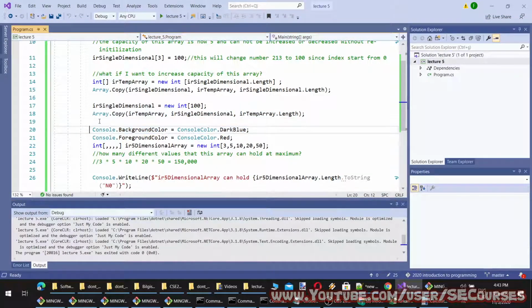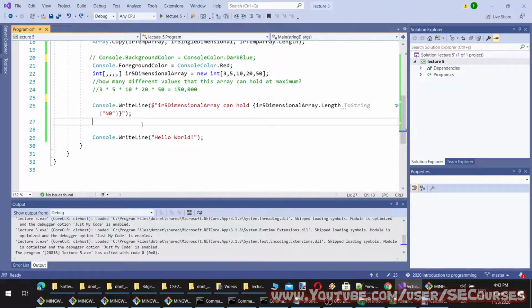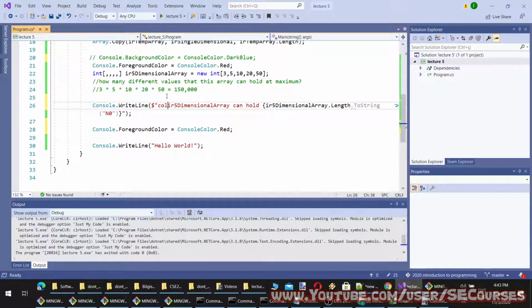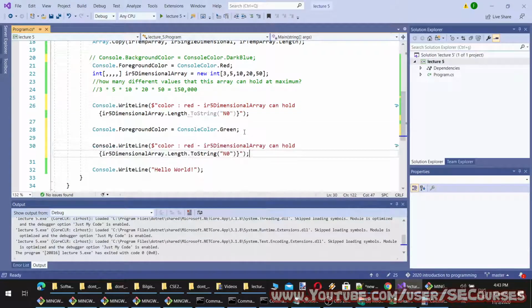I'm going to just comment this out, and you can set different colors for every different text, and then I'm going to write some more things. Color green, and let's say